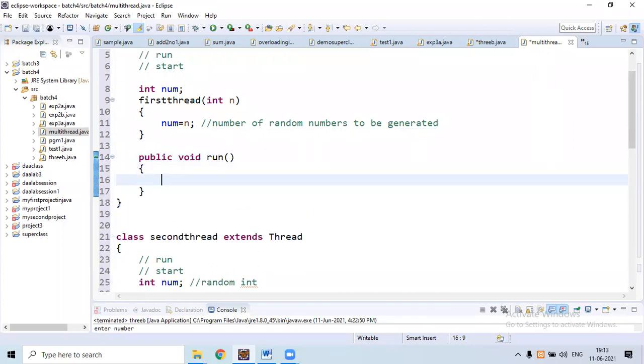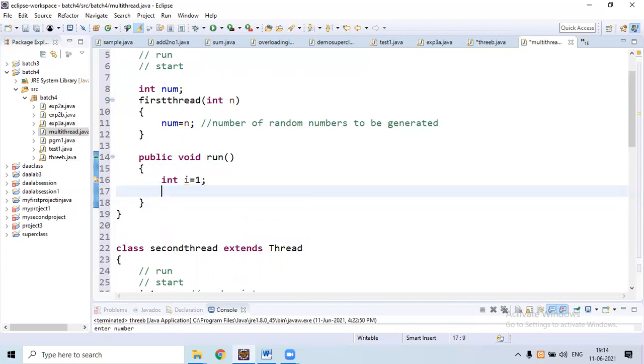Inside the run method we need to write a code to generate a random integer and code to call the second thread to generate n square, and code to call the third thread to generate n power 3. Here, based on the n value we need to generate random numbers. So for that consider int i equal to 1.